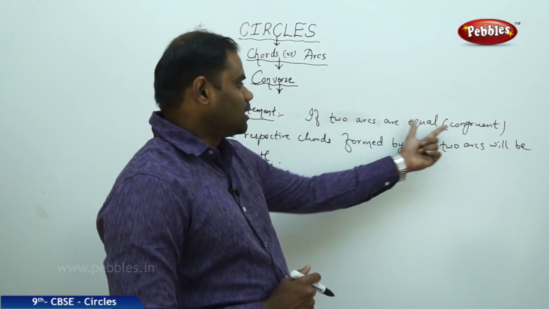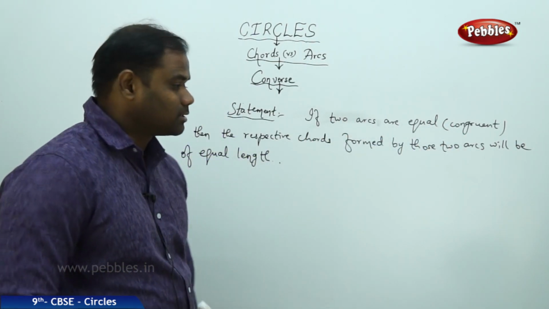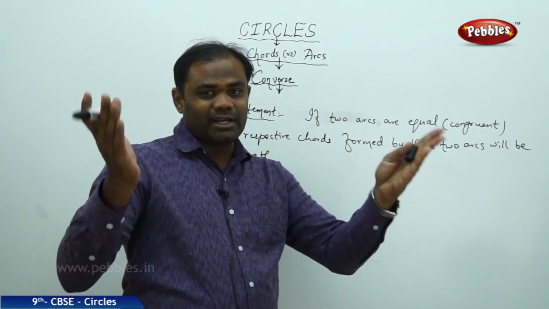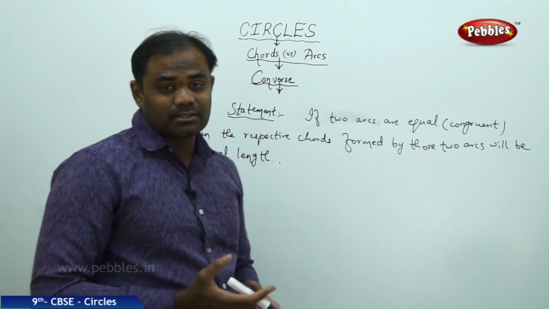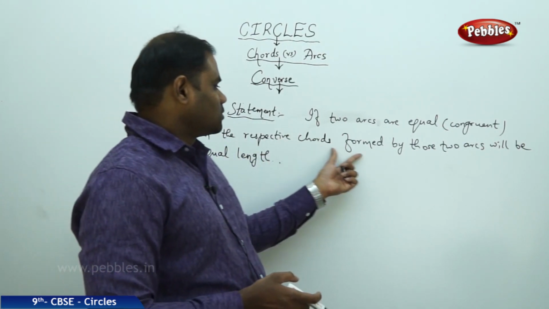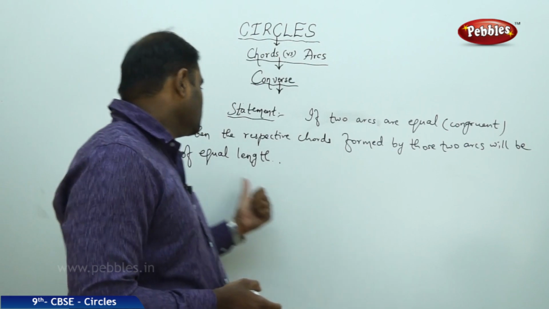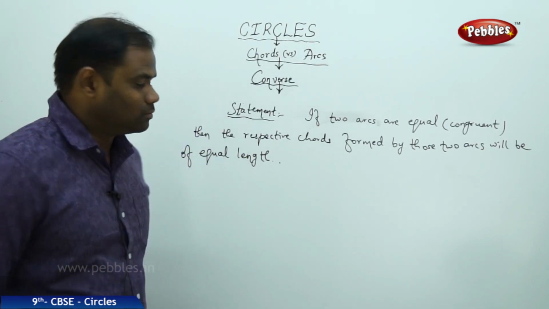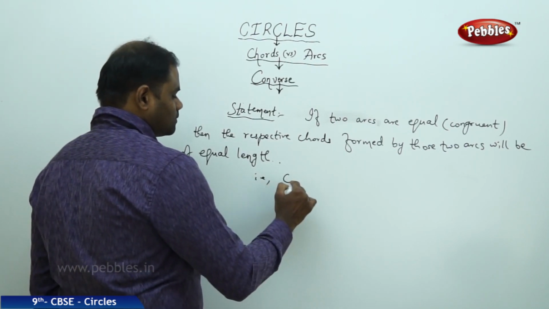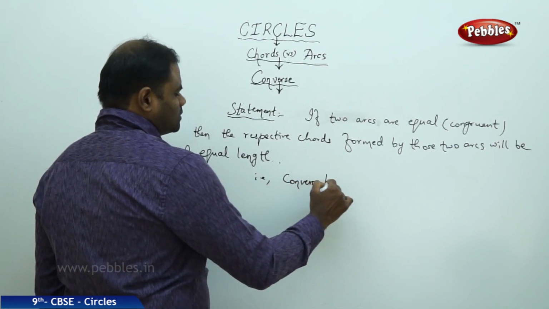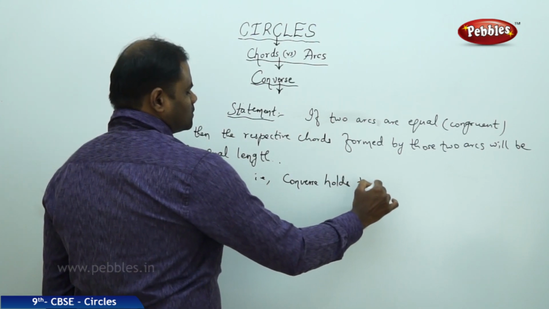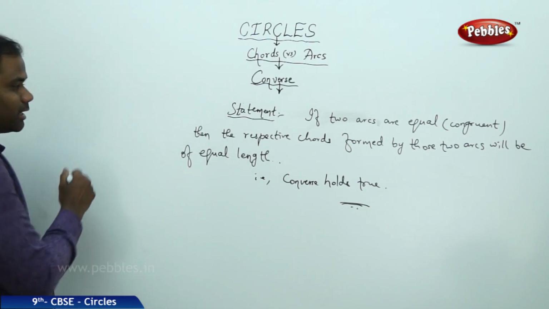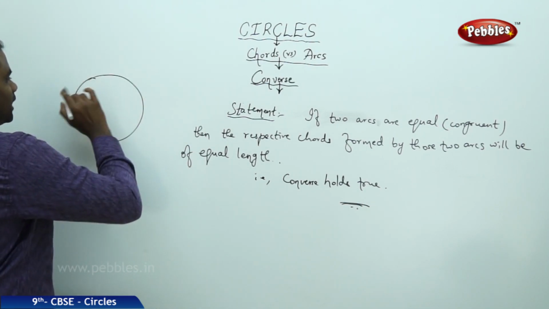If two arcs are equal, or congruent, or equal in length, then the respective chords formed by joining the endpoints of the arcs will be of equal length. This shows that the converse holds true. Geometrically, I understand that if I have a circle,